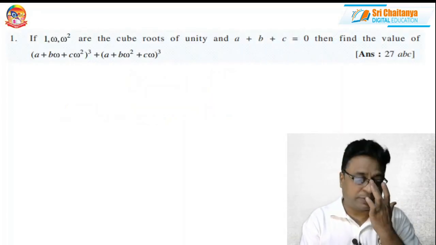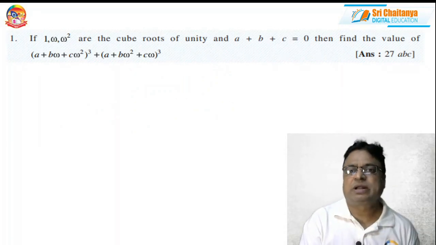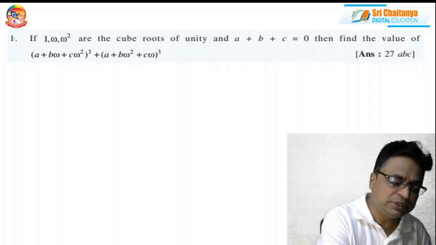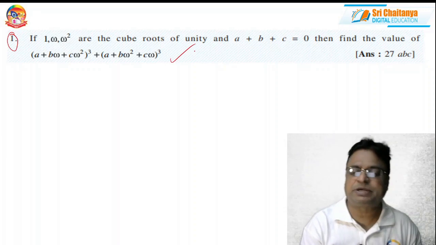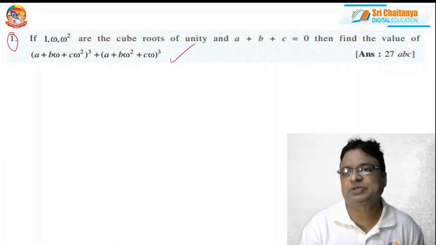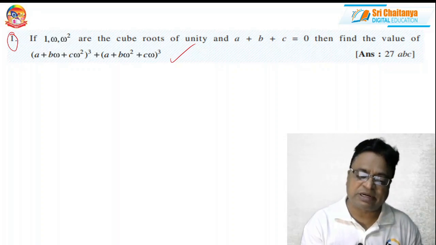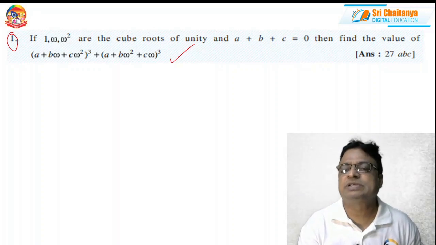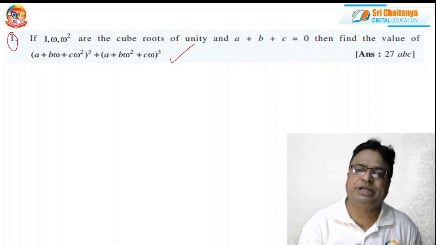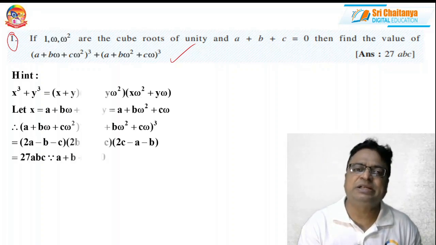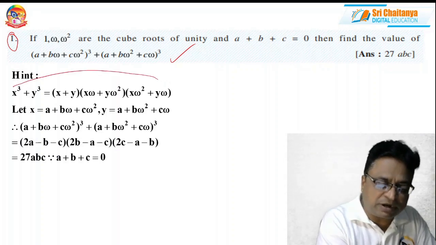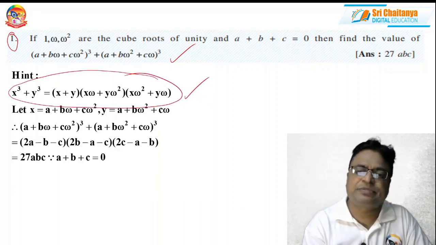See, first problem. 1, omega, omega square are cube roots of unity and a plus b plus c equal to 0. Then find the value of. Again, several times questions were asked based on this particular model, and it is a very easy question also. Already I had given several times hints of this kind of problems. Whenever a plus b plus c equal to 0, a cube plus b cube plus c cube is equal to 3abc, that's a different story. But anyhow, I have given a small hint for you, because already I told you please try to memorize this as the standard result. This already we proved in our previous video.